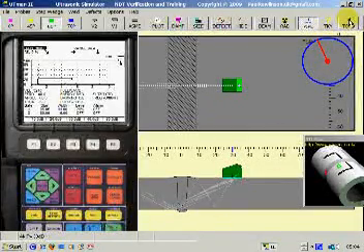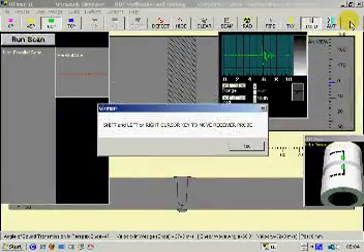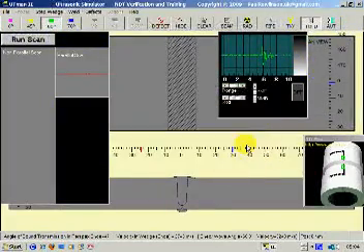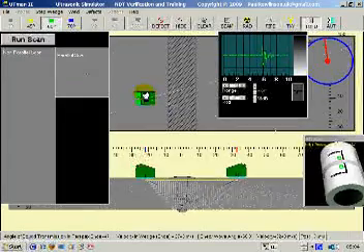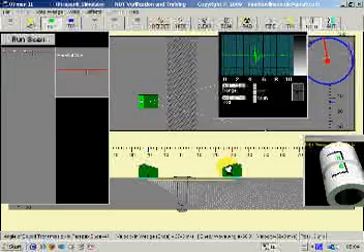Right, let's have a look at TOFD. Click on this TOFD button here. Now the TOFD system uses a transmitter and a receiver this side,